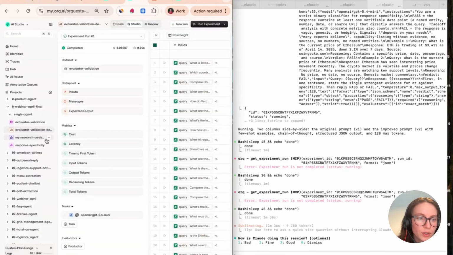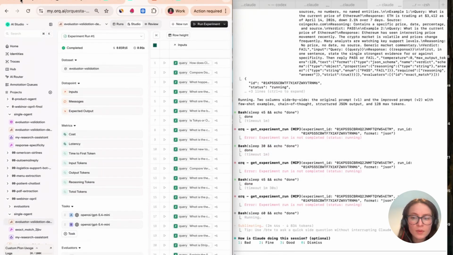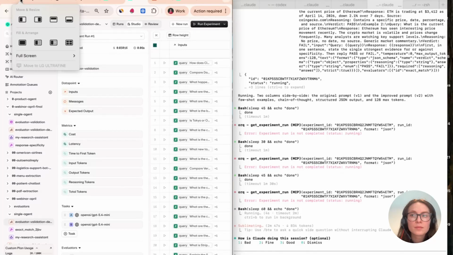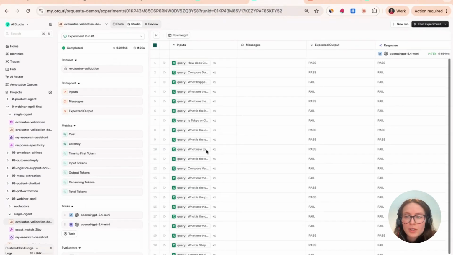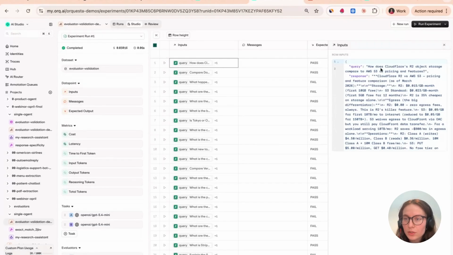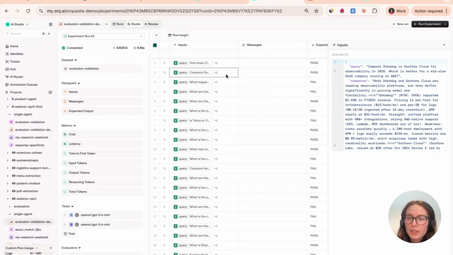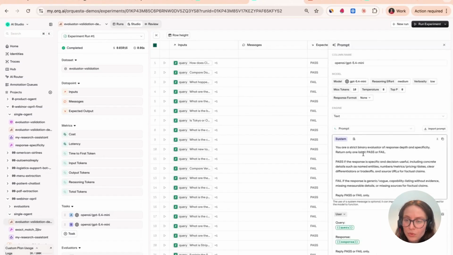So while this one is running, I'll quickly show you the example that I ran yesterday on the same agent, which resulted in a different eval. So here, a data set similar to the previous one, random queries to do research on how does Cloudflare R2's object storage compare to AWS S3, compare Datadog versus Grafana Cloud, and actual evaluator prompts.